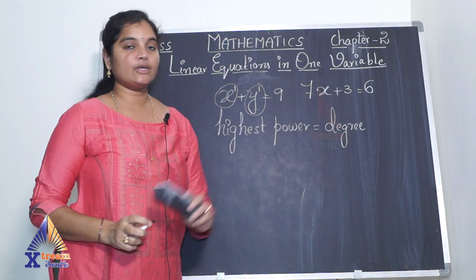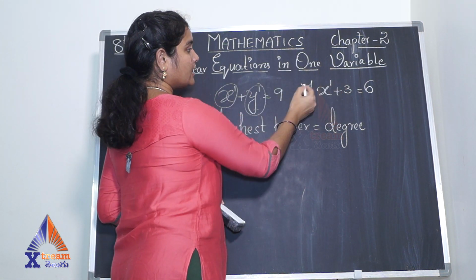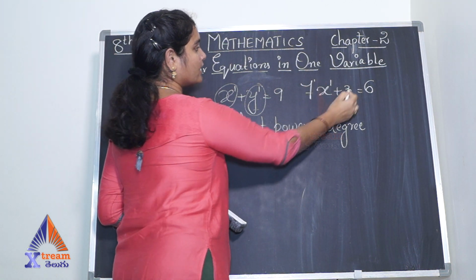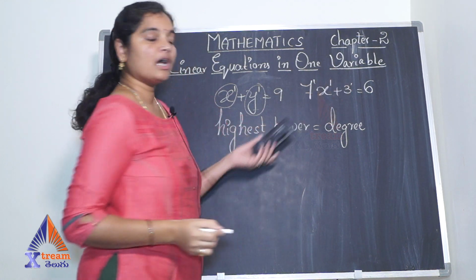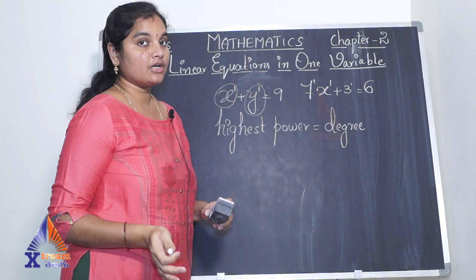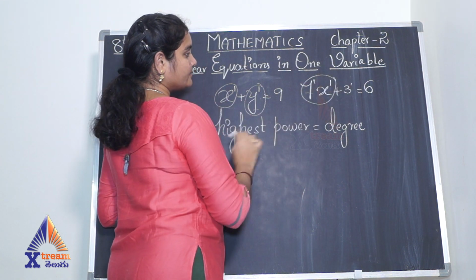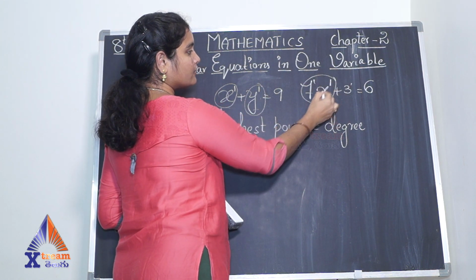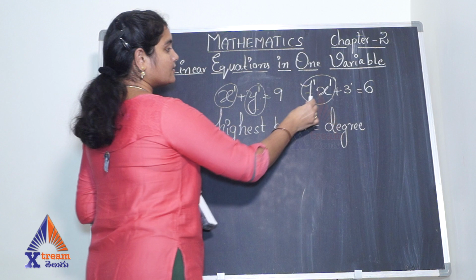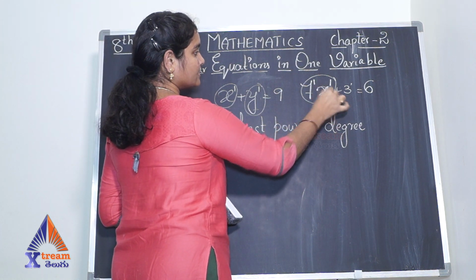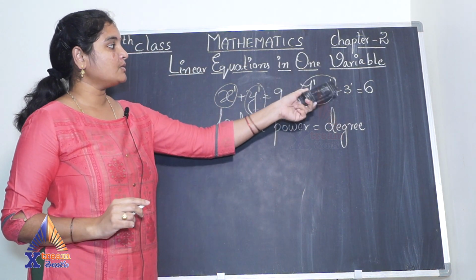I do call it a linear equation because here also the highest power of the variable is 1. Now you may ask that 7 also has a power 1, 3 also has a power 1, and together these become 2, so how can we call it a linear equation? It's not at all a valid question, because the entire term has only one power. We consider the power of the variable, not the power of the number. So here we consider powers of only the variables, and here we have only one variable with the power 1. So we call it a linear equation with one variable.